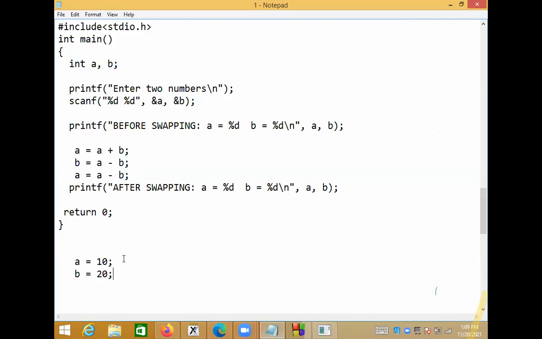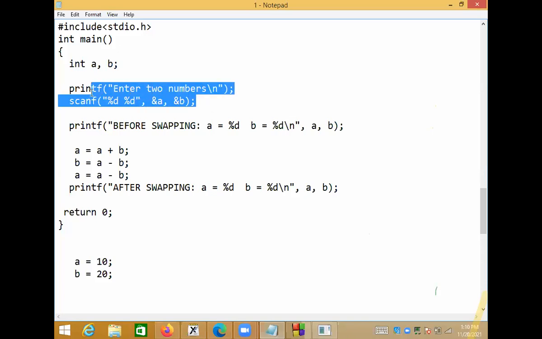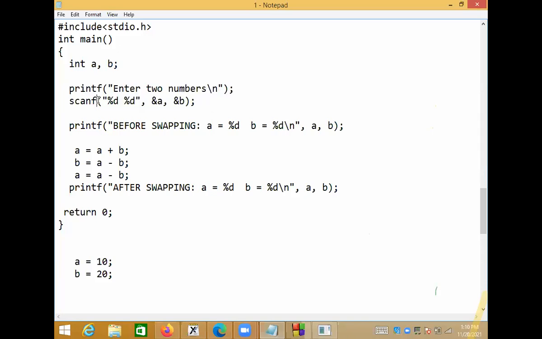But then a always contains 10 and b always contains 20, so your program always has those values. But if you ask the user to enter two numbers from the keyboard and read them through the keyboard, you can enter different numbers every time you run your code and test with different numbers. So whenever you want to read input from the keyboard, we use the scanf function.